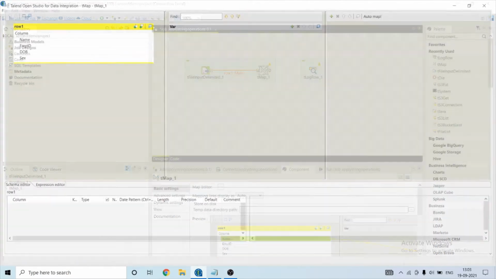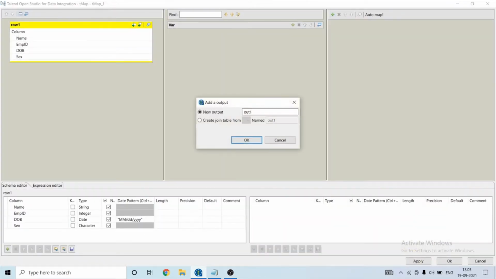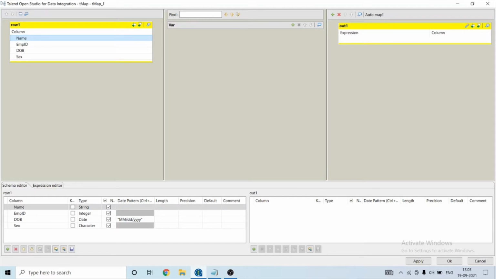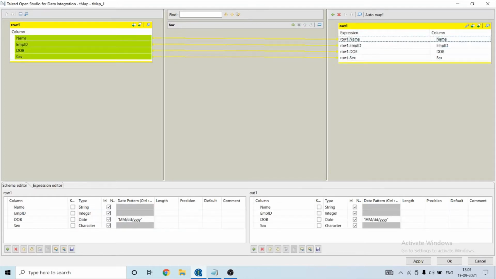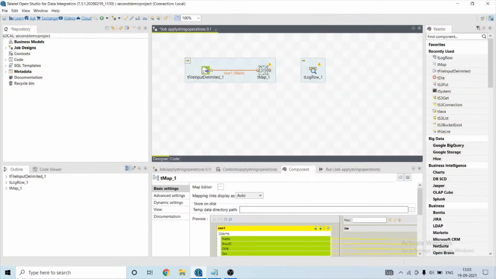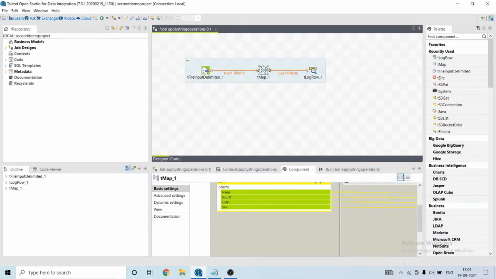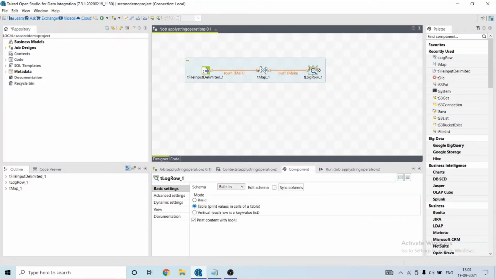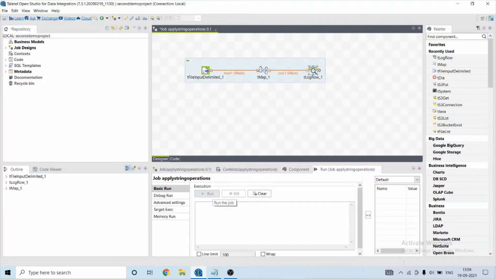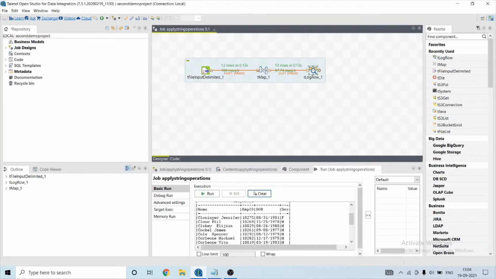Okay, I will create a table and copy all the columns from here to there. Let's connect it and print it in the form of a table. Okay, so this is my data.